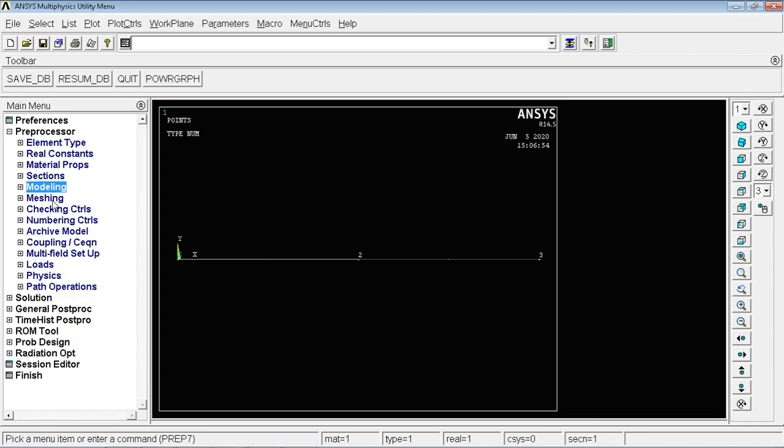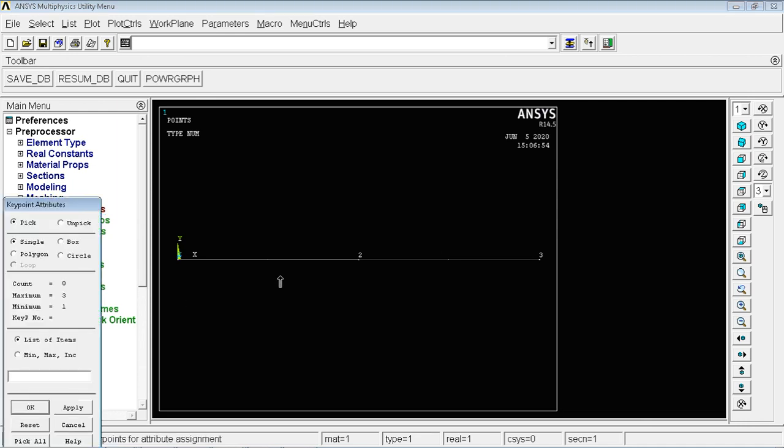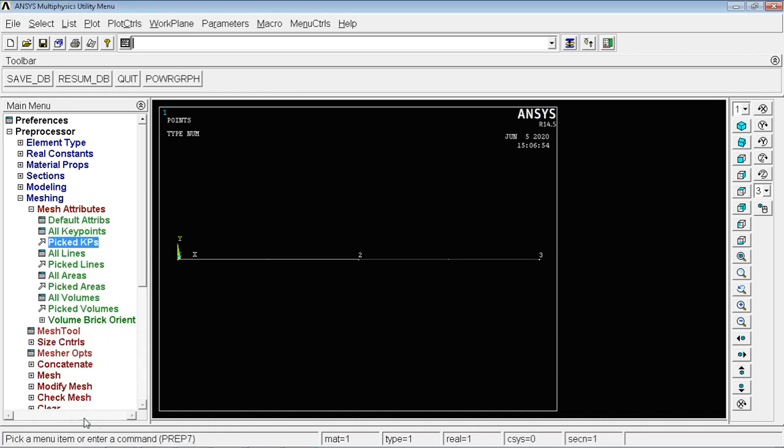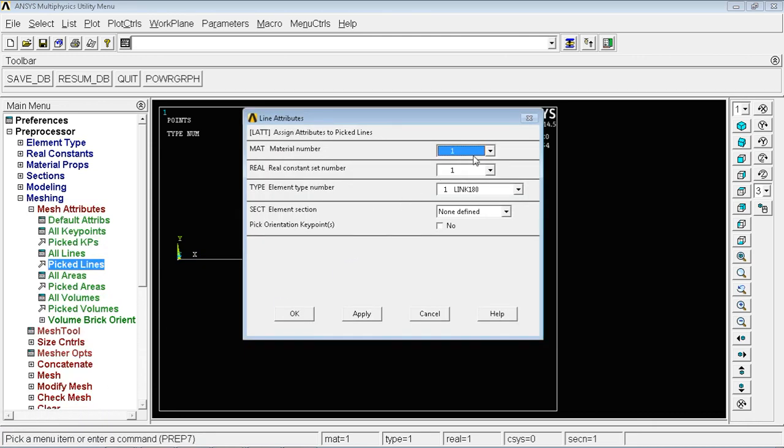Modeling is done. Next, I'll go for meshing. Mesh attributes, pick lines. I'll pick the first line. Here the material number is 1, real constant is 1. I'll click on OK.